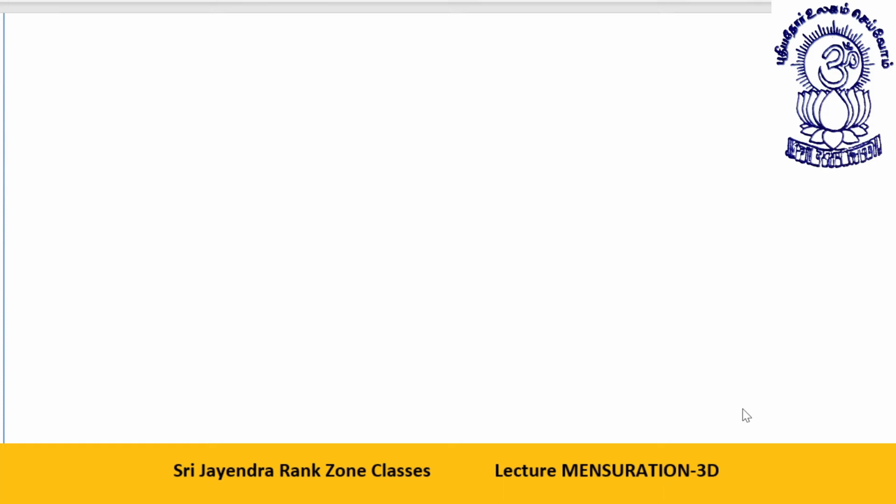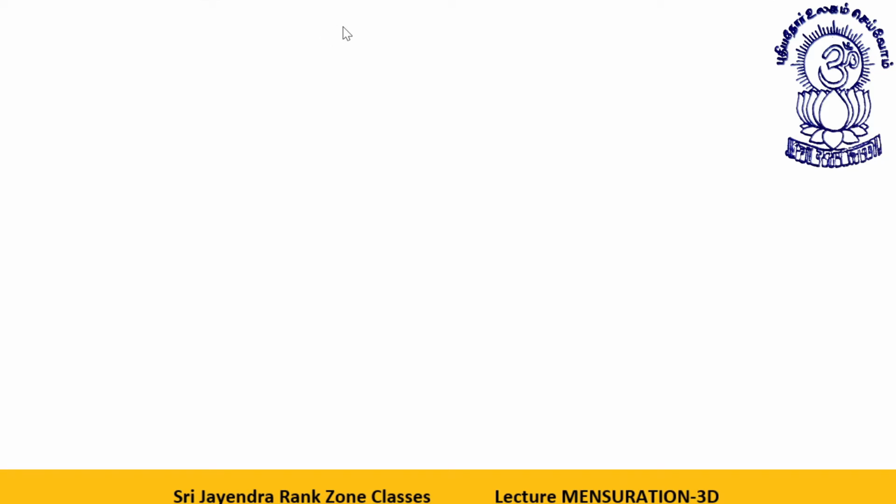Dear students, as you can see on the screen, bottom side, we will be discussing mensuration 3D today. So let's start with mensuration 3D, class 6, surface area and volume. Today I will be discussing tetrahedron, prism, pyramid, all these shapes. From these also questions are asked. Okay, let's start with tetrahedron first.